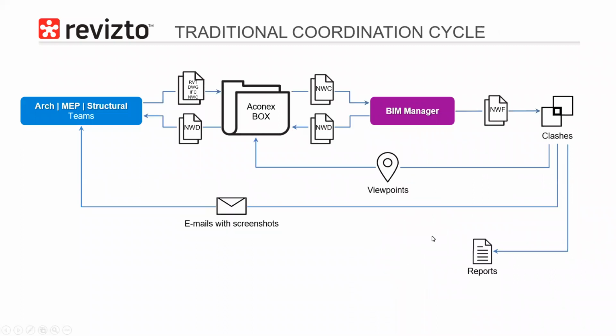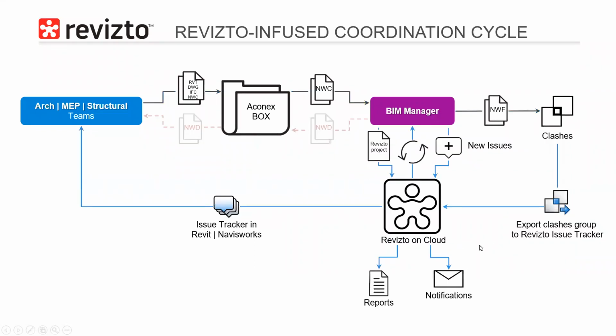So if you remember the previous slide that I showed you, where you have to record your own viewpoints and then distribute screenshots and try to manage reporting, all of that is pretty much covered in Revizto, together with the issue tracker that's available in authoring tools like Archicad, for example, where you can create issues directly in those tools and have them synced directly into Revizto, and have a switchback option where any issue that's assigned to you, you can double click on and see it directly with the sectioning and the viewpoints as assigned within